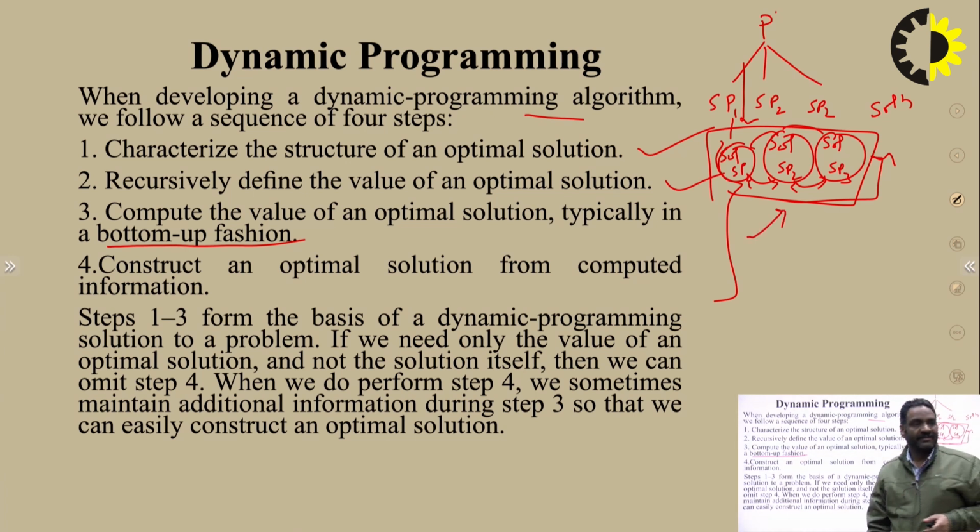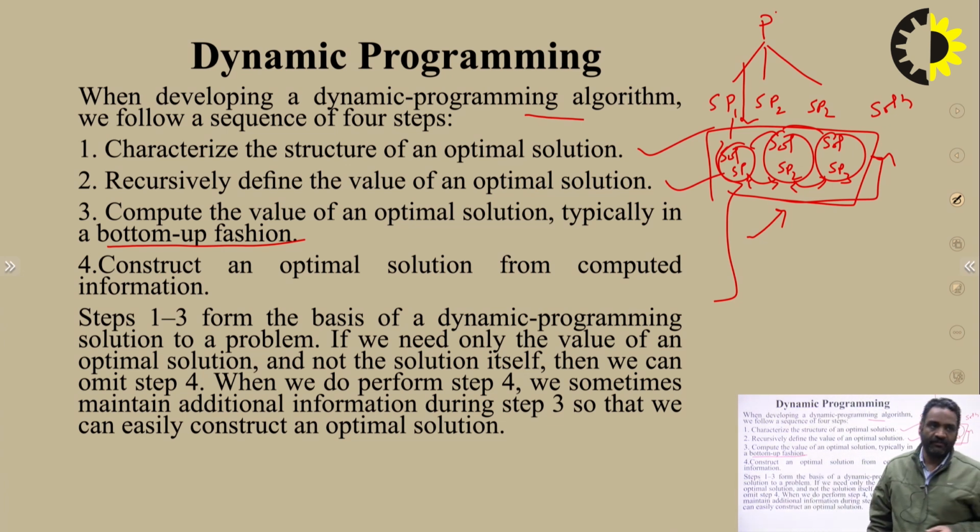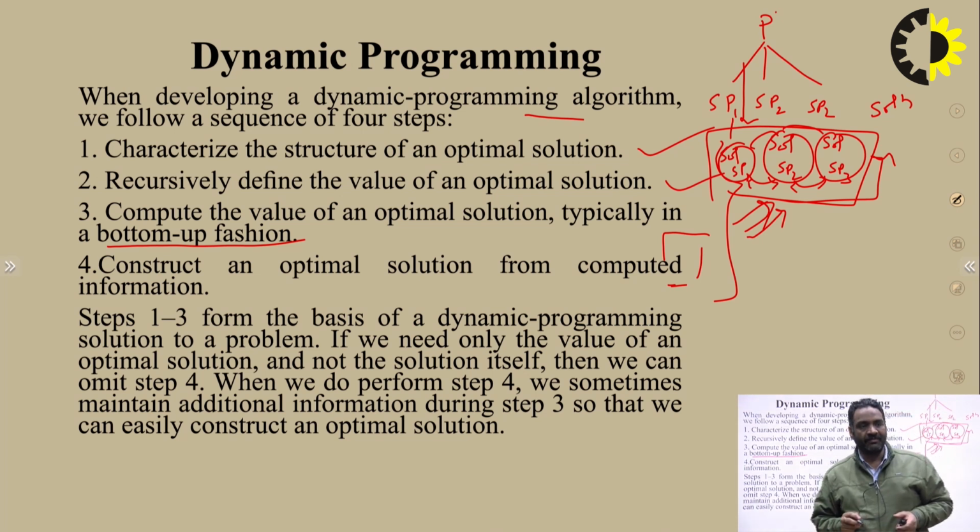So this is computing the value of the optimal solution, typically in a bottom-up approach. This is how we generate the required solution. And in the last, construct an optimal solution from the computed information. This is the last step. So these 4 steps form the basis of dynamic programming solutions